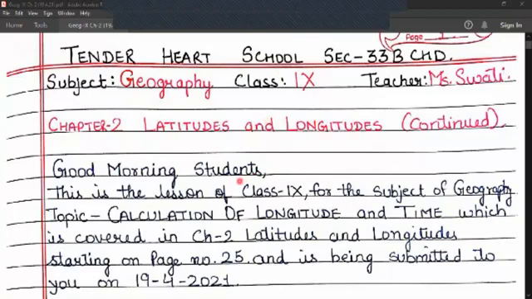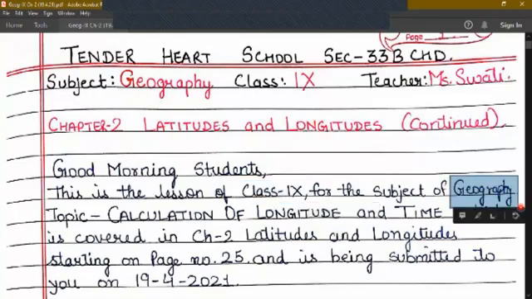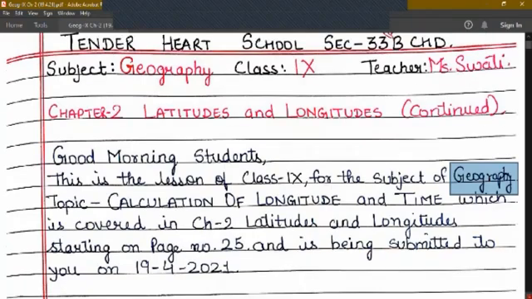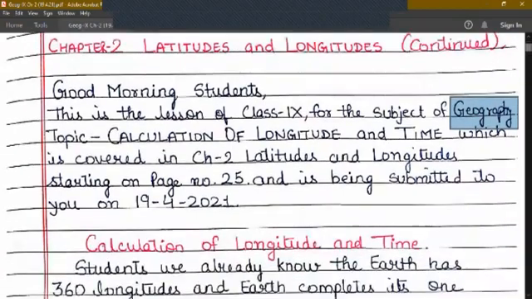This is the lesson of class 9 for the subject of geography, topic calculation of longitude and time, which is covered in chapter 2, latitudes and longitudes, starting on page number 25 of your textbook, and is being submitted to you on 19th of April 2021. Students,